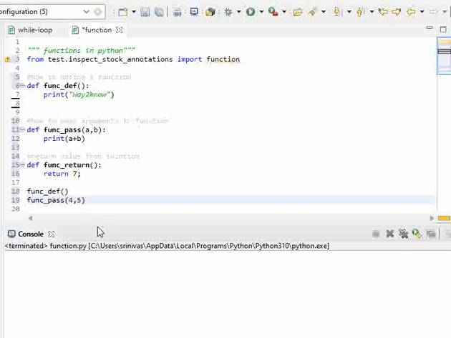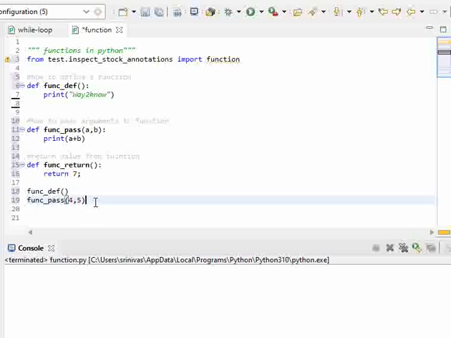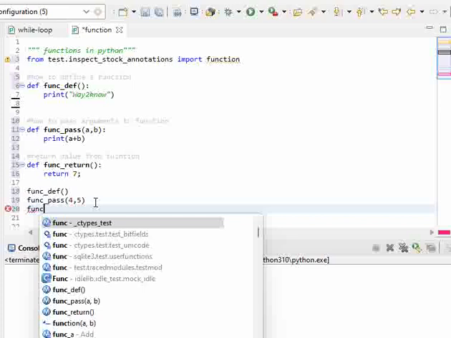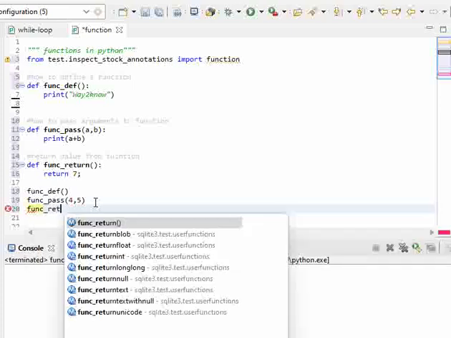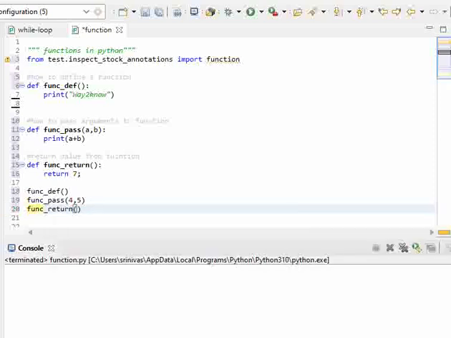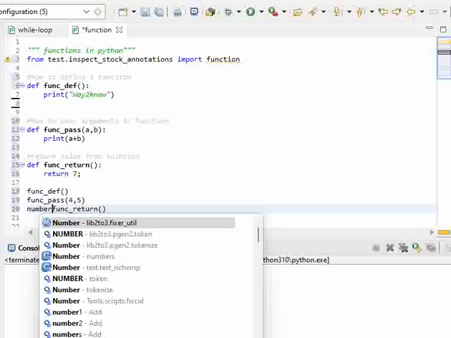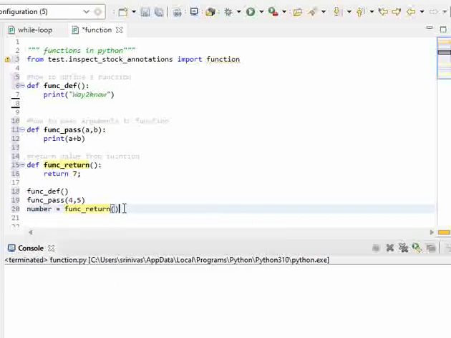And then we are doing a return. Let us assume we are calling this function underscore return. As it is returning a value, let us collect it into some variable number, and then we are going to print that